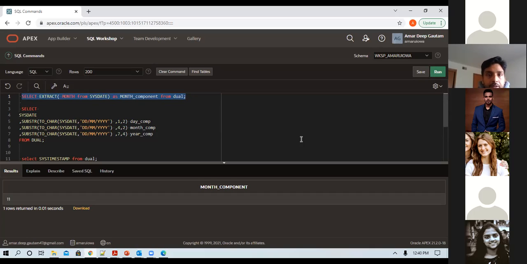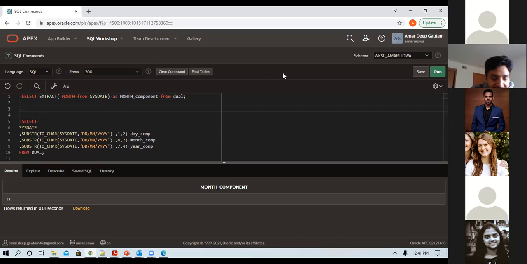Hi, Amar. I have one question. Can you use the extract function to calculate the age given a date of birth? Can you repeat that? I wanted to know if you can calculate age using the extract function when date of birth is given.